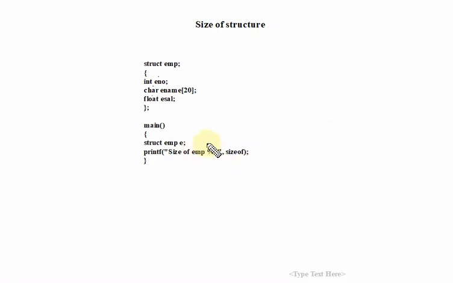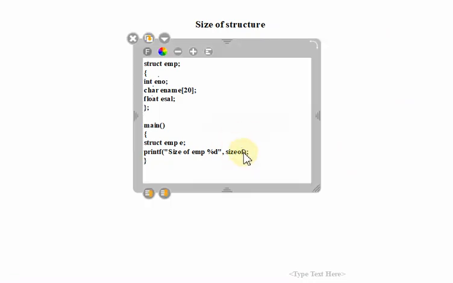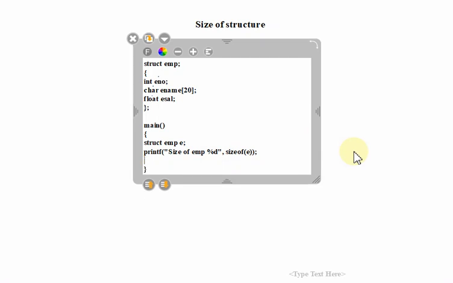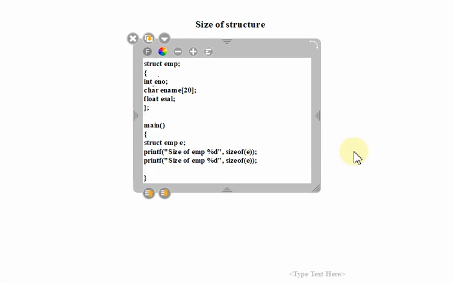Either we can use sizeof function and pass the variable name, that is e. After doing this we can also get to know the size of our structure, and we also get to know it by using this line of code.